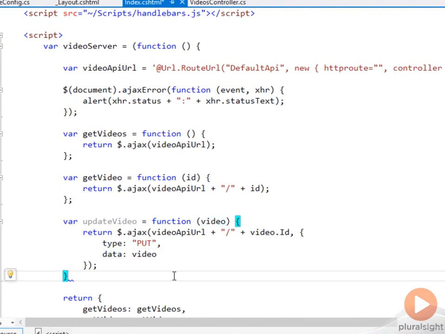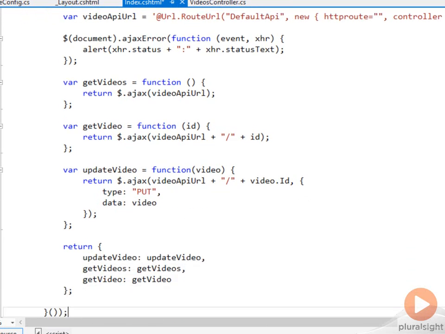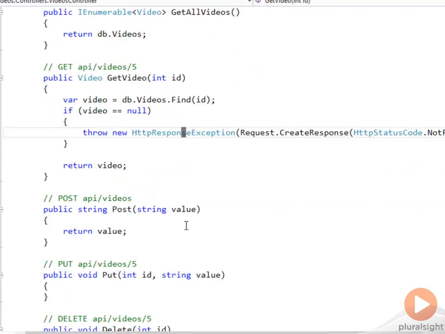What jQuery will automatically do when it does $.ajax and you pass along some data is it will form encode that particular object into the HTTP request message. And form encoding is something that the web API should be able to handle and deserialize that video. So now I just need to make sure that I expose that updateVideo method on the public interface that we're exposing from this. And now it's time to come over to the videos controller